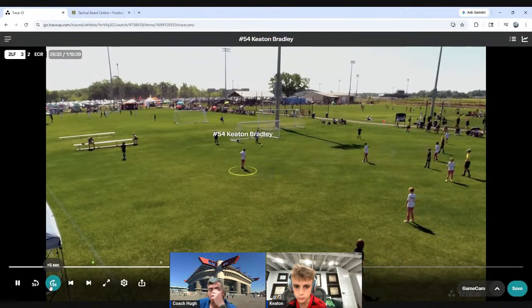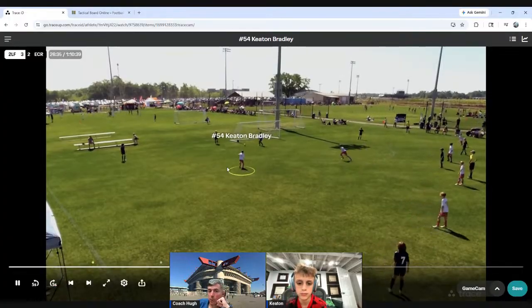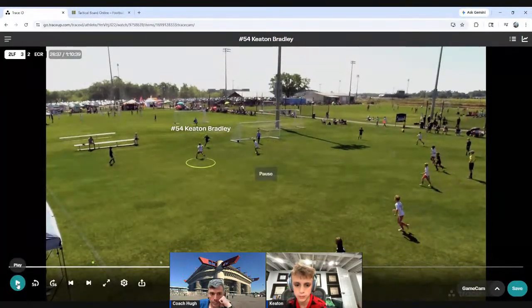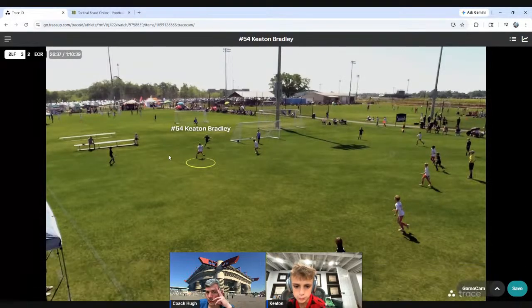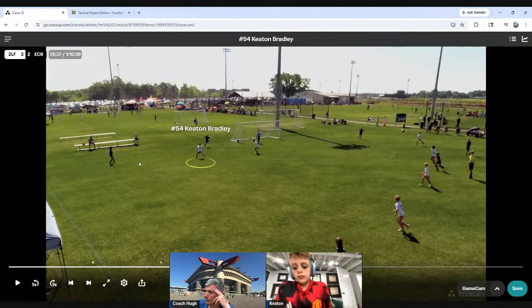Let's watch what happens. If you are going to press this guy, best thing you can do is just block off this pass. So get in front, get in this lane. So there's an imaginary line from this player to this player. You want to get on that line and then run at him so he can't use that player as a passing outlet. You with me? Yeah. You remember what that's called?